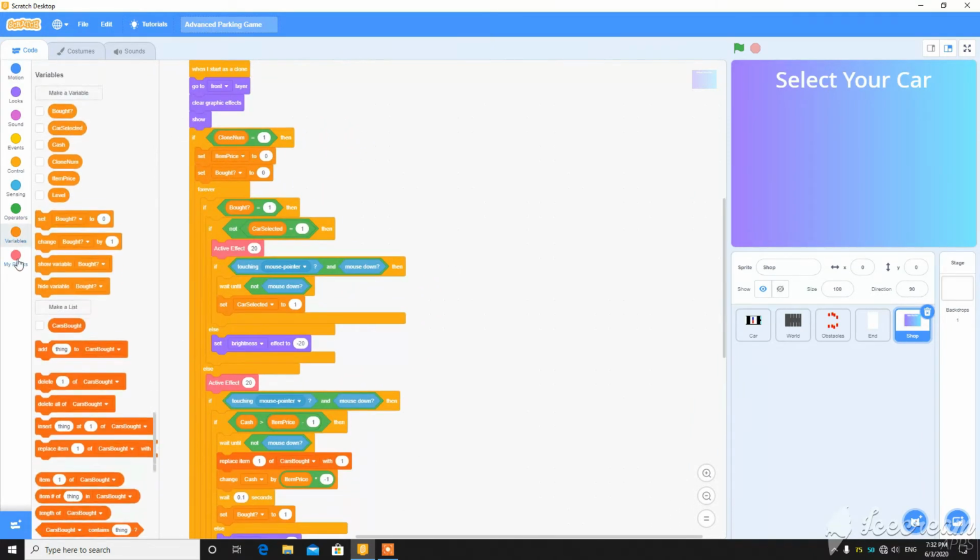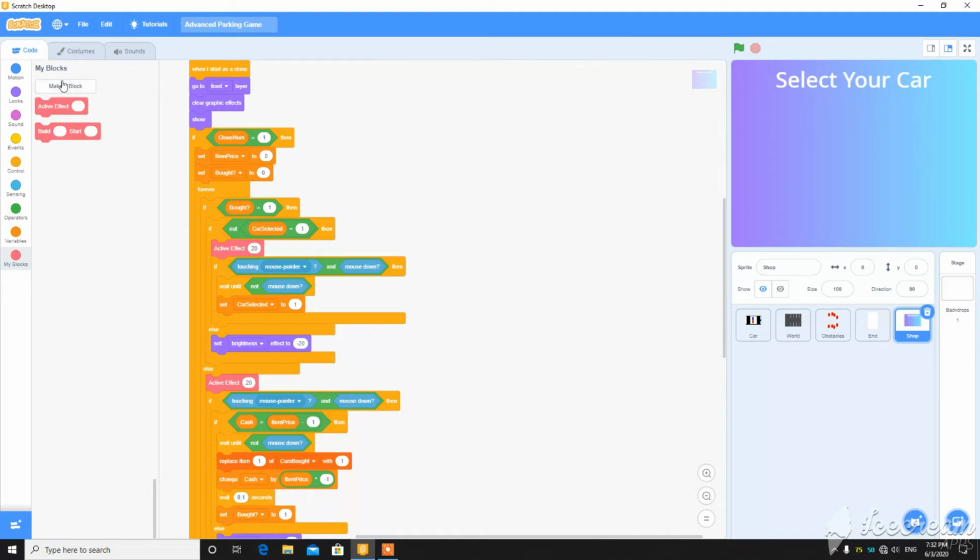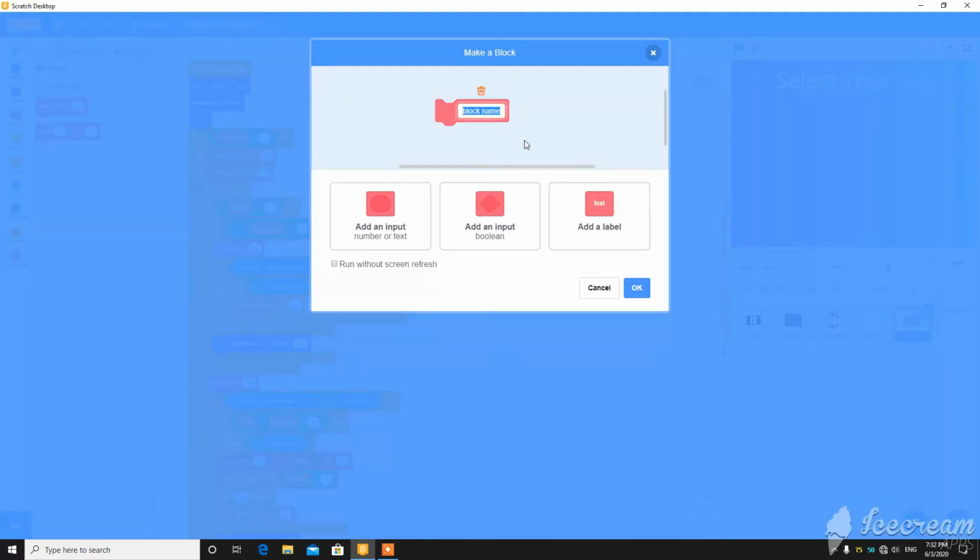You won't have to code any longer than this, and make a block to shorten this. So first we'll add a car buying script.